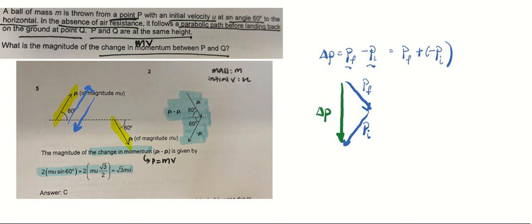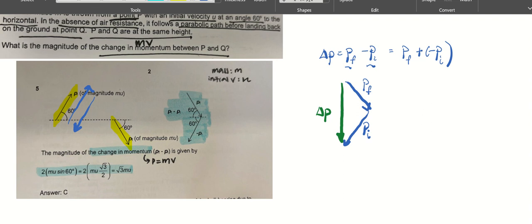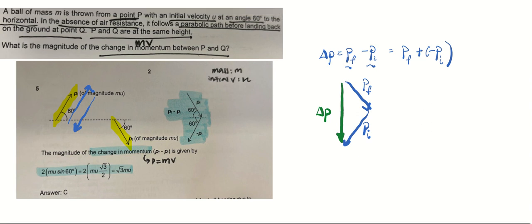Right, so to calculate this value, it depends on which method. From this point onwards, it should be math. In this case, your momentum is equal to mu. The numerical value is mu, and this is also equal to mu. We do know that it is at an angle of 60 degrees. If you look at the orientation, this is 60 degrees and comes to here. So this will be